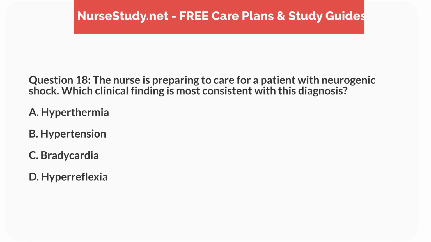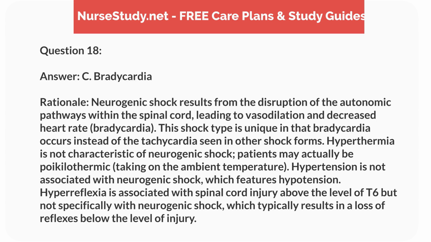Question 18. The nurse is preparing to care for a patient with neurogenic shock. Which clinical finding is most consistent with this diagnosis? A. Hyperthermia. B. Hypertension. C. Bradycardia. D. Hyperreflexia. Answer, C. Bradycardia. Rationale: neurogenic shock results from the disruption of the autonomic pathways within the spinal cord, leading to vasodilation and